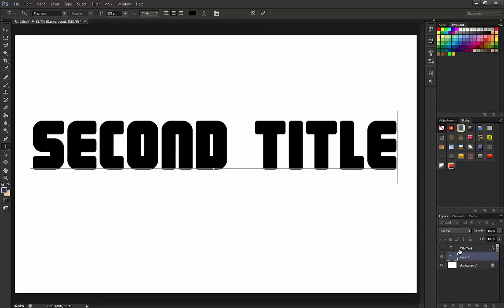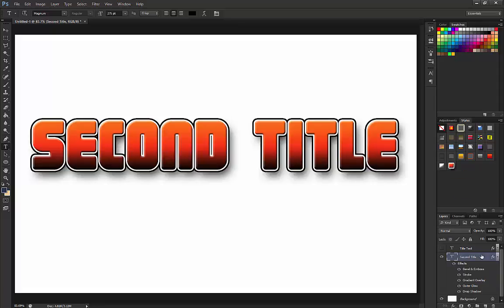Now, because you saved the style from the original title, literally all you have to do is click that layer, click that style, and you're done. And you can do that over and over again. You've got that style saved forever. You can save a bunch of different styles. And you can actually load them as packets. You can send them to other people. You can do a ton of stuff with that, but that's just a real quick rundown of some blending options